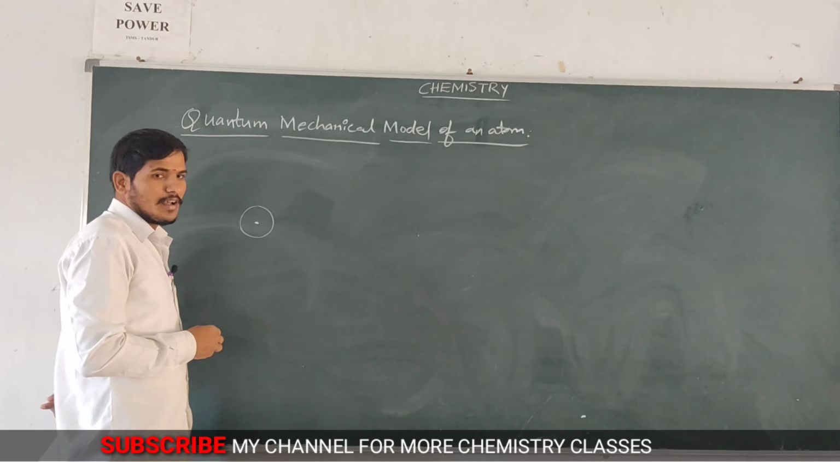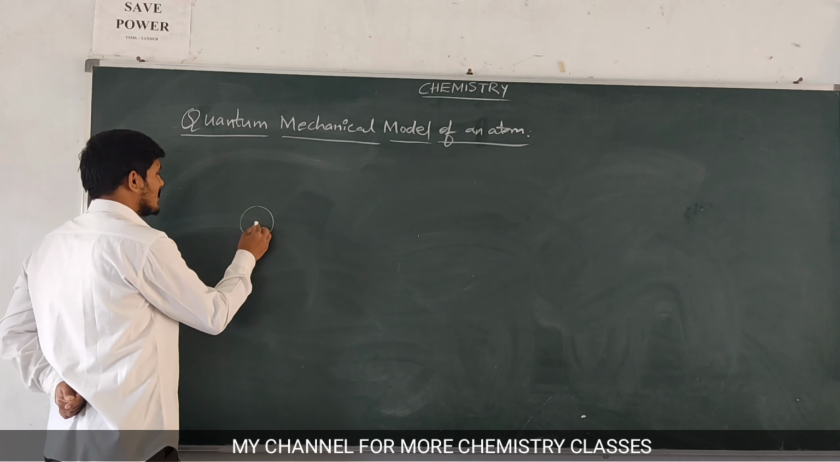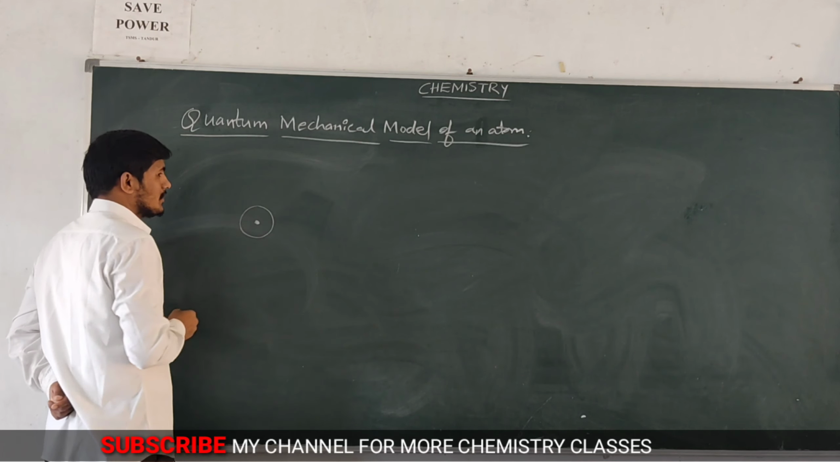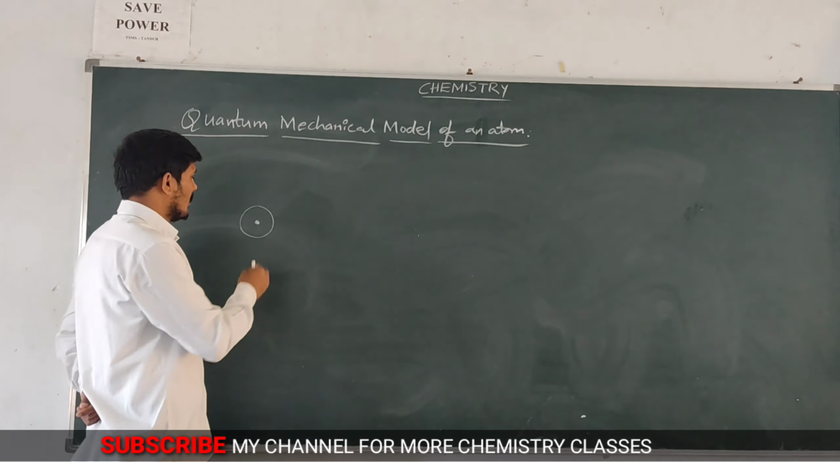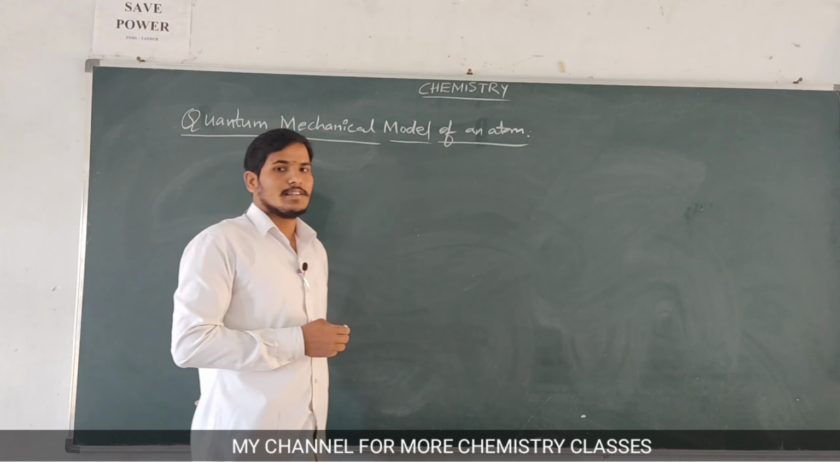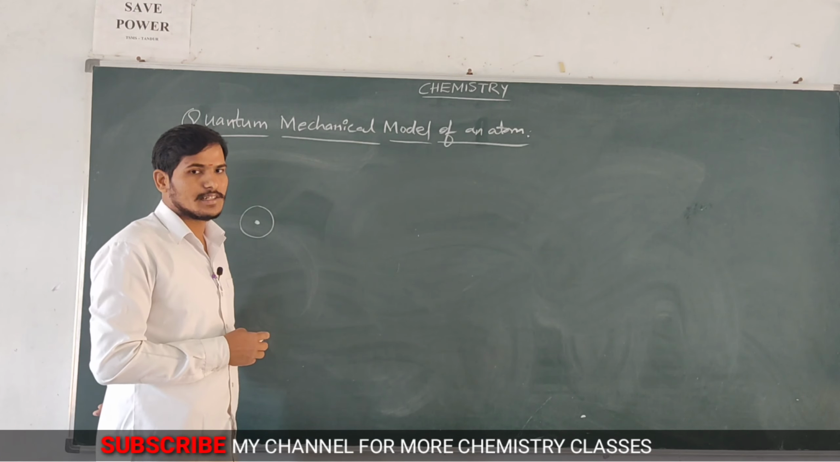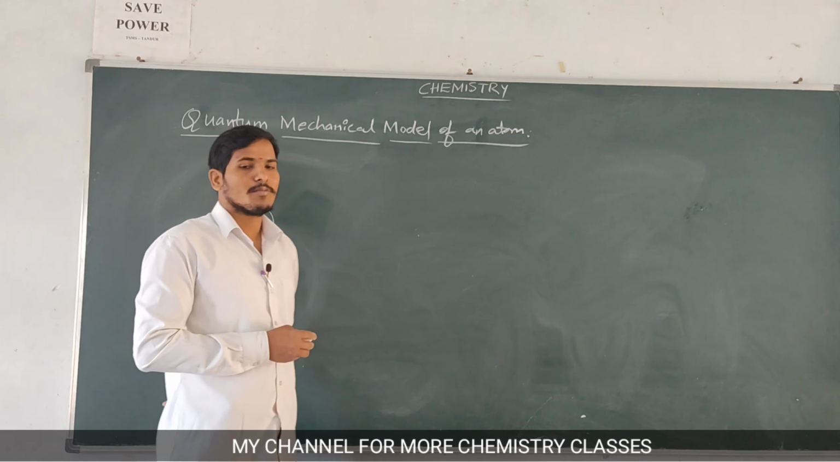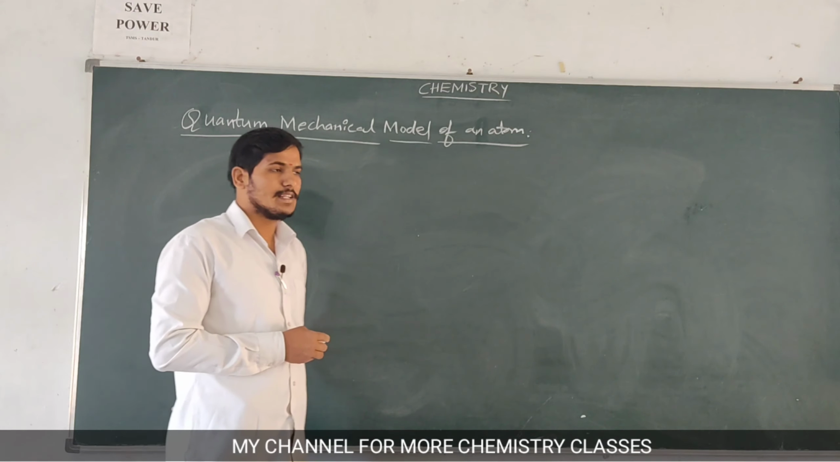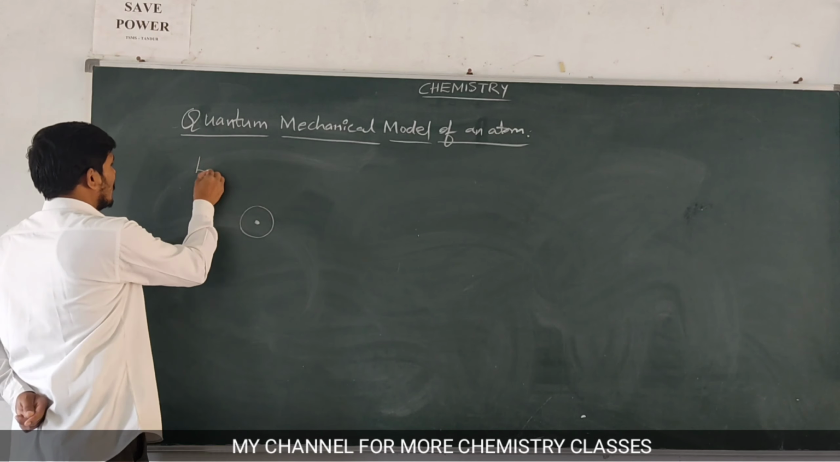According to Bohr's model of hydrogen atom, the nucleus is present at the center of the atom. Around the nucleus the circular paths are present, and in these circular paths electrons are revolving around the nucleus. That statement was given by Niels Bohr. But the next scientist, Erwin Schrödinger,